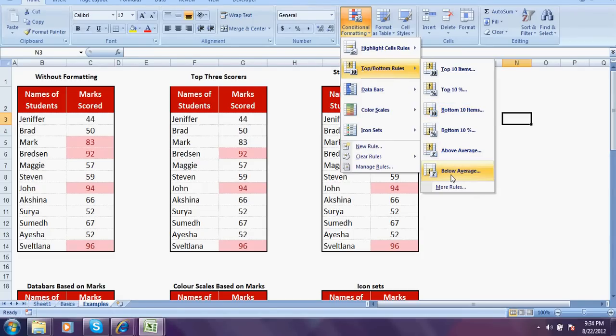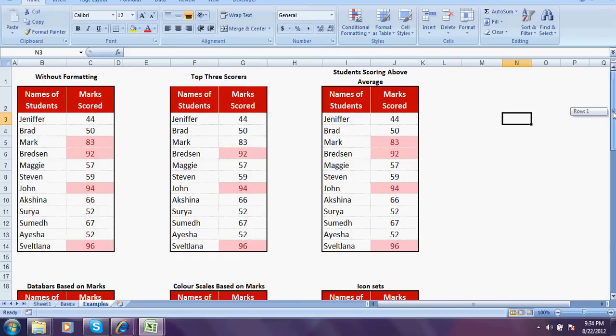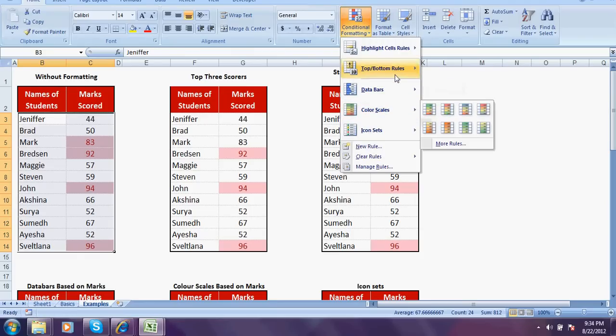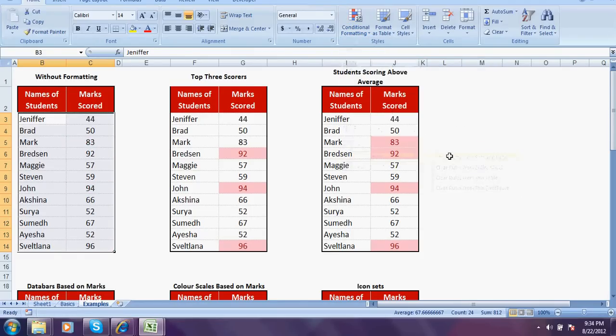Also you have above average as well as below average. Now again I'll just clear this. Sorry, clear rules from selected cells. So this was just the basics about